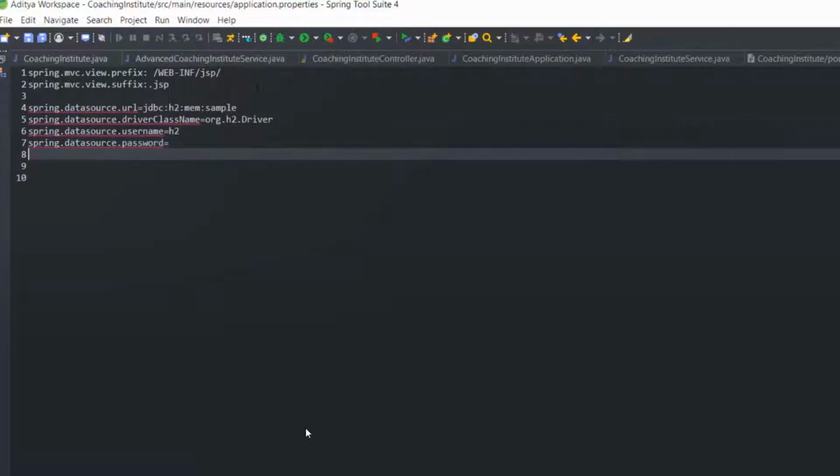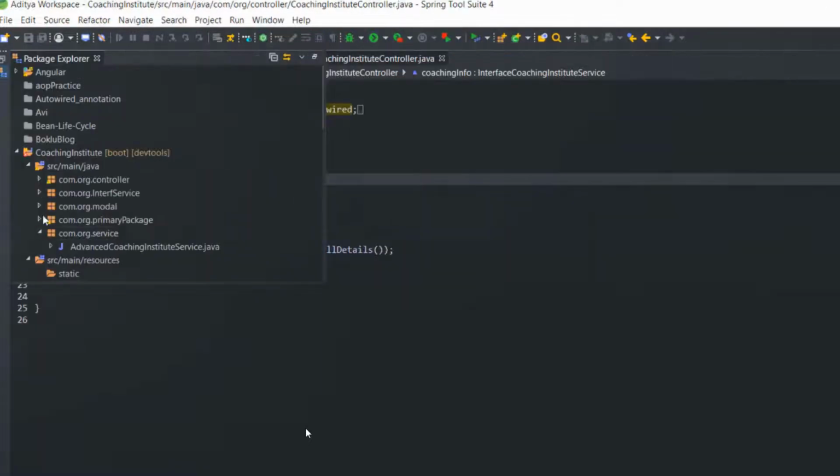Now here you can see that by default I kept password equal to blank. That's because by default the H2 database doesn't keep any type of password. Now the implementation of application.properties for all the driver connection is completed.